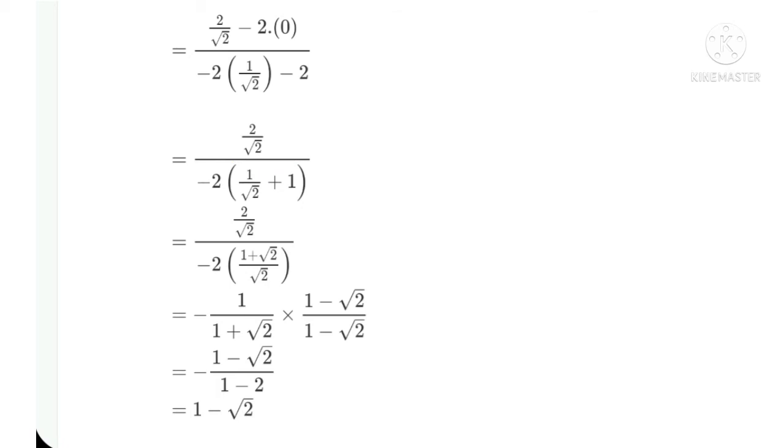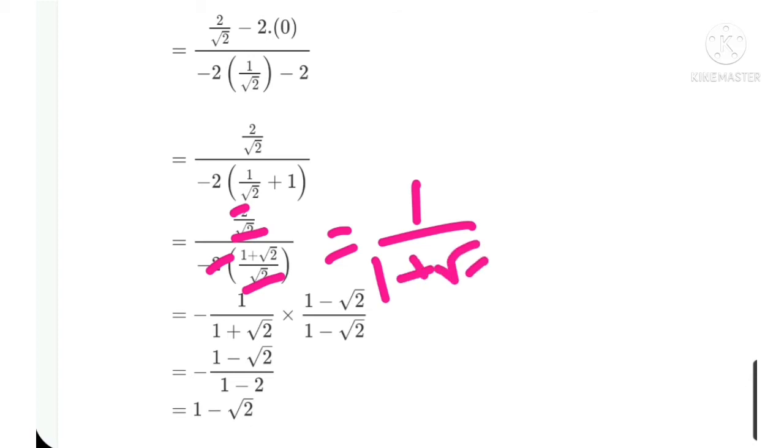Next step is 2 upon root 2 as it is, 1 upon 1 plus root 2 into, see here root 2 gets cancelled,